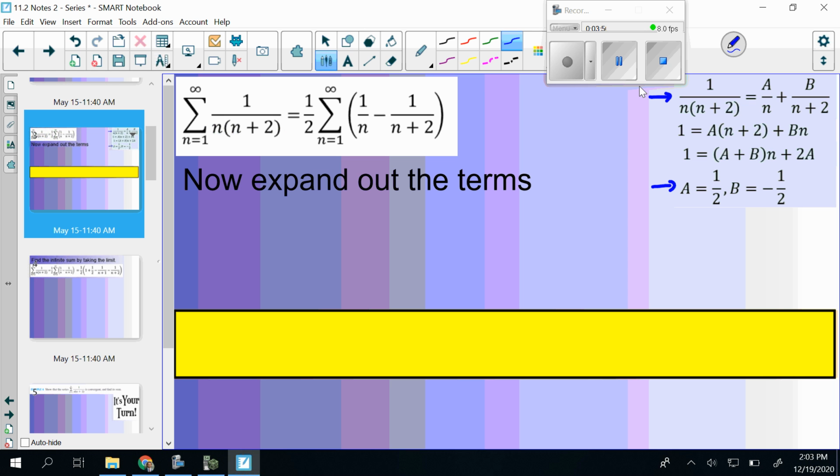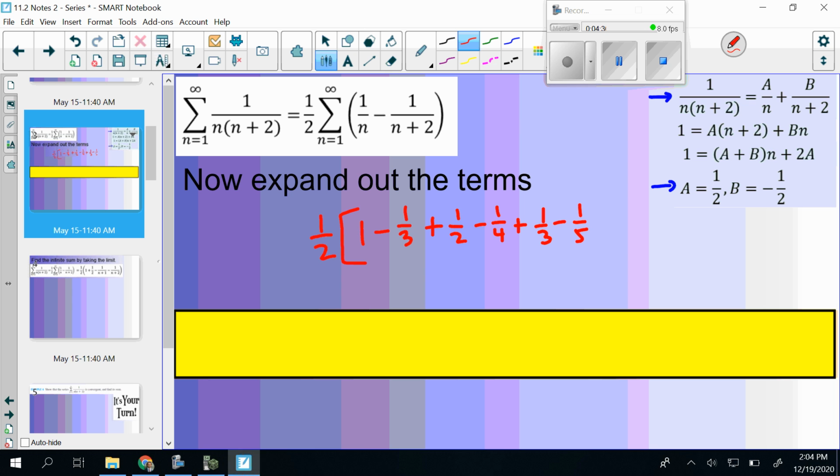So what if we write out these terms now, starting with n equals 1? What would we get? Well, we're going to have that 1/2. And then putting 1 in there, that'd be 1 over 1, or 1, minus, if we put 1 in that second one, 1 plus 2 is 3, so -1/3. Okay, now we're adding, so our next terms, if we put 2 in now, would be 1/2, and if we put 2 in the second one, it'd be -1/4. All right, plus, now we're going to the next one, so if we put 3 in, we'd put 1/3